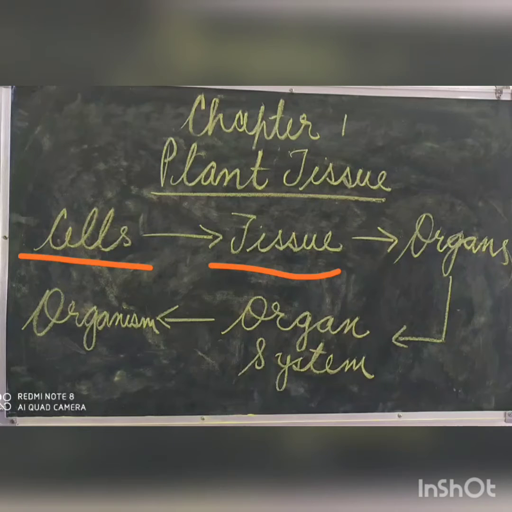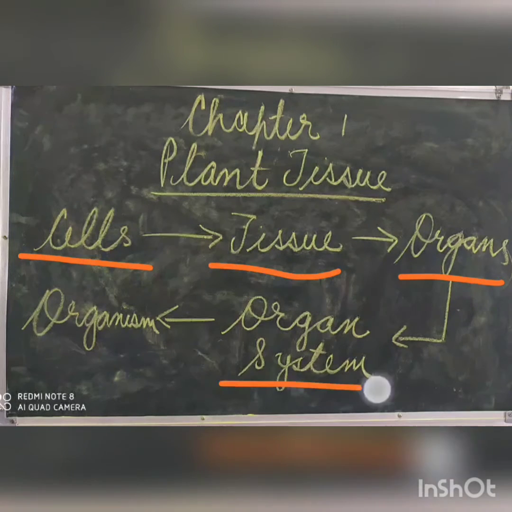In a living organism, a group of tissues that work together to perform a specific function form an organ. A group of related organs form an organ system. When all the organ systems work together, they make an organism. In plants, there are many cells meant for performing different types of functions.